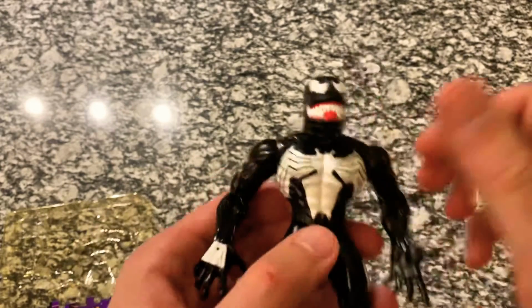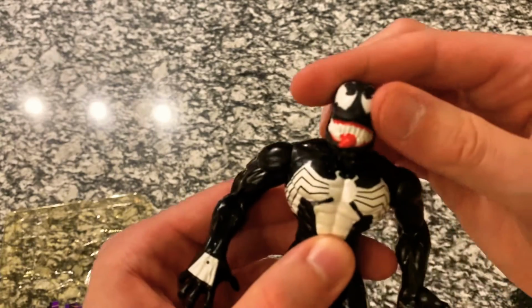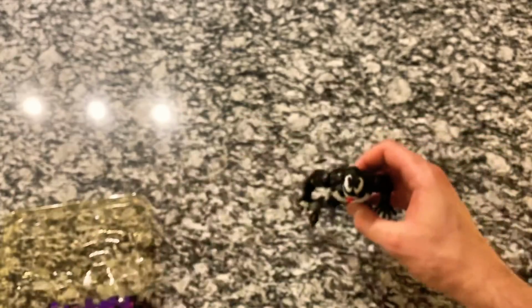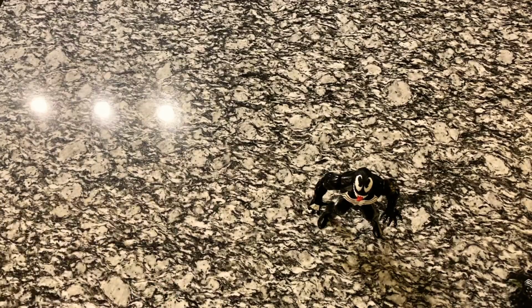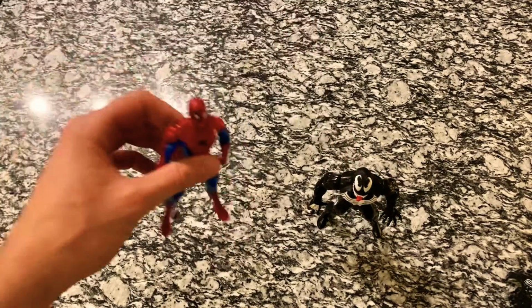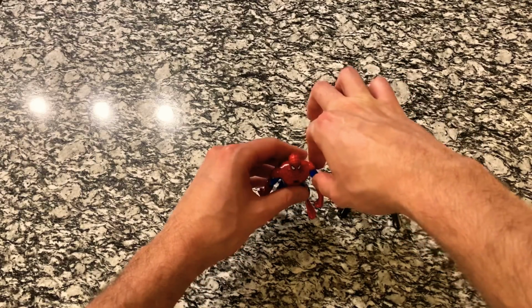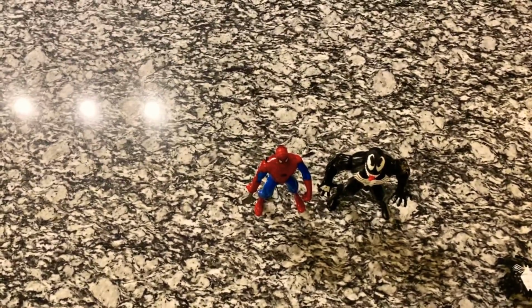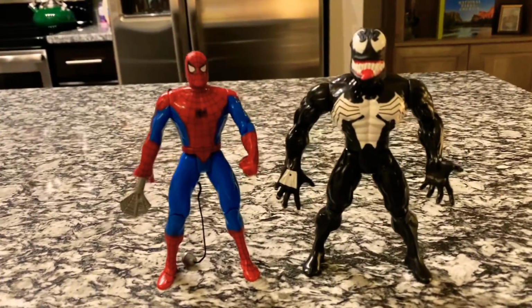There's the figure from the back again. And then still turn his head, turn the mask, however we want. Let's go ahead and set this down. And we'll get the Spider-Man figure from last time next to him. Kind of do a side by side of the two. Just 1 second, we'll get this camera down. And there they are,